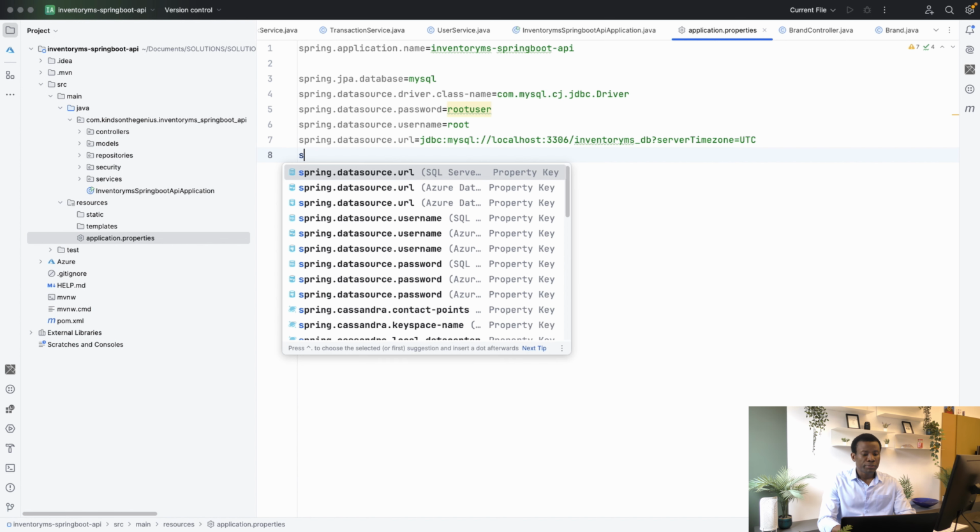So I'm going to say spring.jpa.hibernate.ddl-auto equal to update. Okay. So now there is just one more thing we need to do, and we have to create this